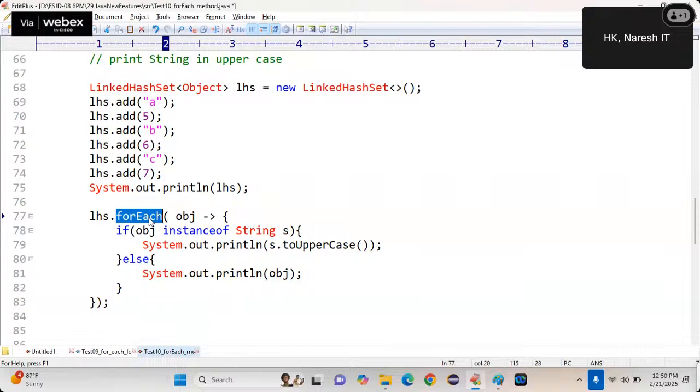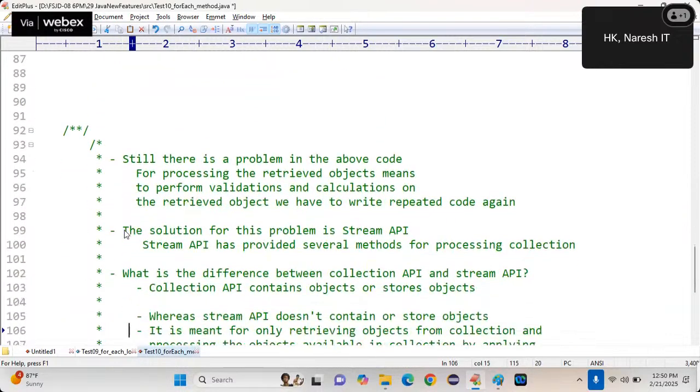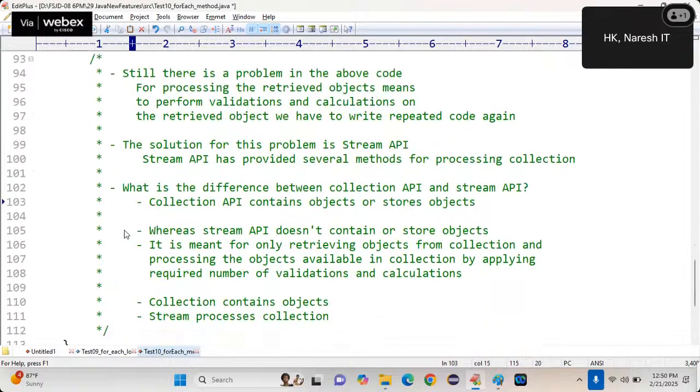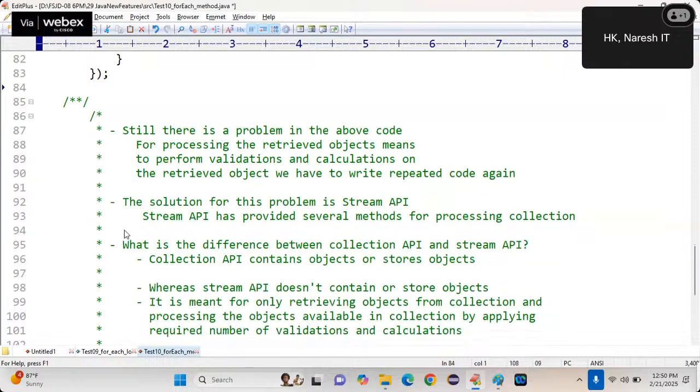Again, I'm going back to old style. So how to solve this problem? That is where we enter into Stream API. Understood? Now finally Stream API came into the picture, the hero. Tell me, in any movie is the hero directly introduced? No, right?